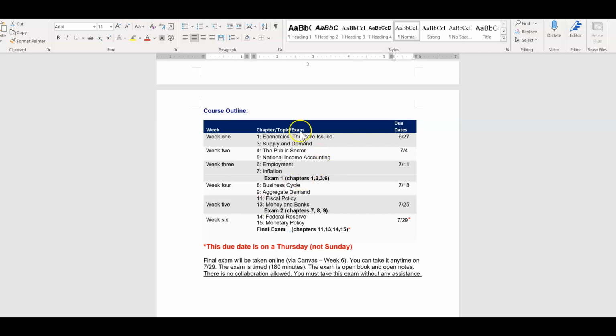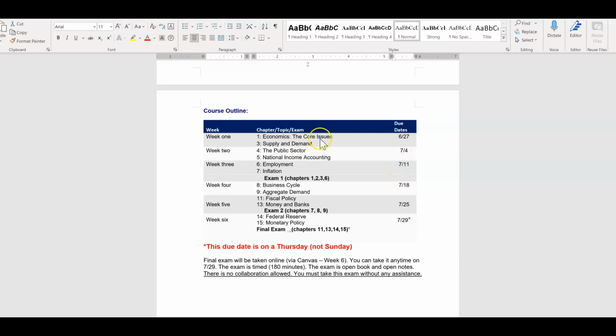But I want to draw your attention to the chapter readings in the center column and the due dates for all of the assignments for that week. Now, one thing that all of these assignment due dates have in common is they're all on Sundays, with the exception of the very last week. That's not a Sunday, that's a Thursday. But all of these are a Sunday, so there's going to be something due every Sunday.